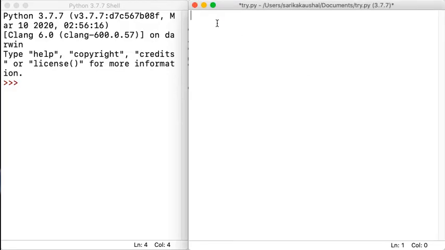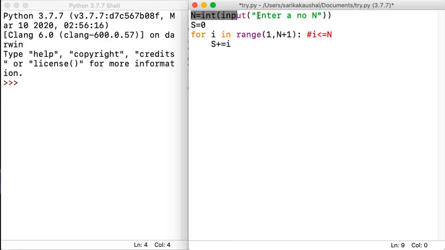See, obviously, if I have a number n, I have to take a variable s and initialize it with 0, because I have to find the sum. My loop is going to start with 1 and end with n plus 1, which means the condition is: till the time i is less than or equal to n, keep on adding the value of i to s. And once the condition becomes false, just say print s. That's how you do your program.